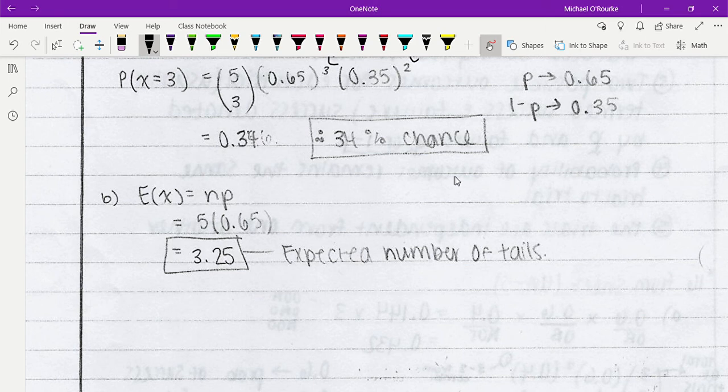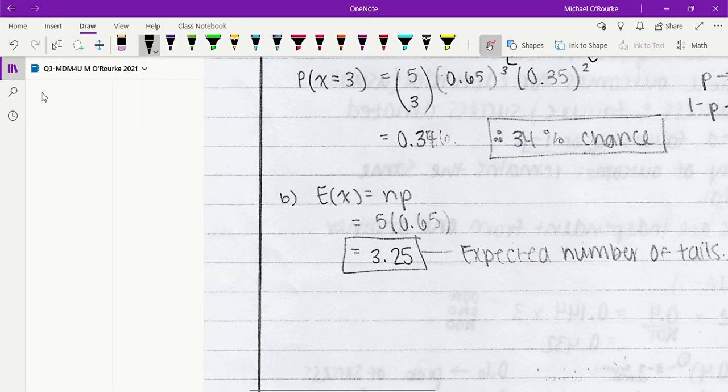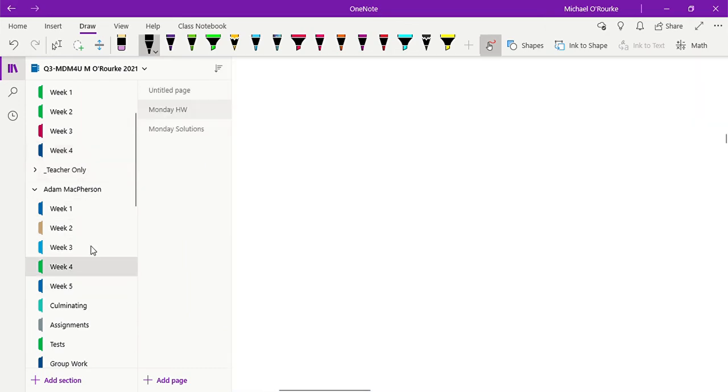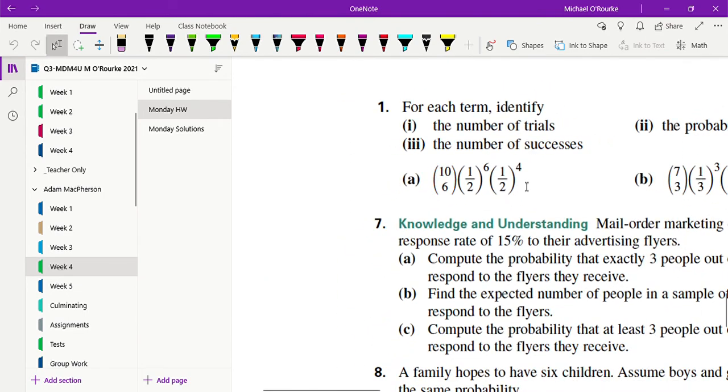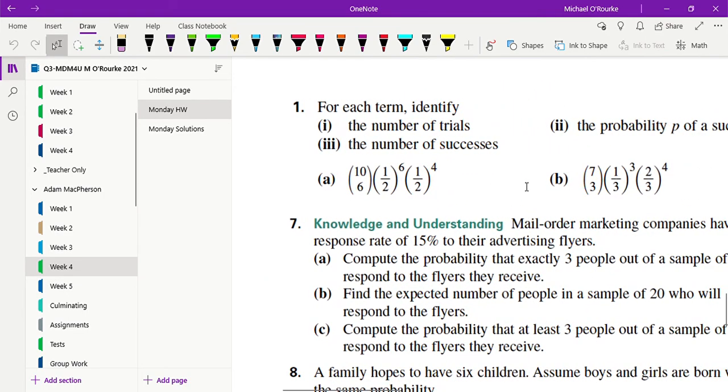That's it. No, I cannot allow you to go home. Let's take a look at the homework to make sure. I'm leaving you guys there. You guys can do question 1,